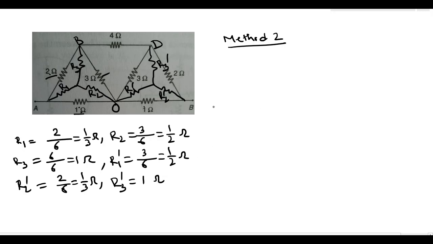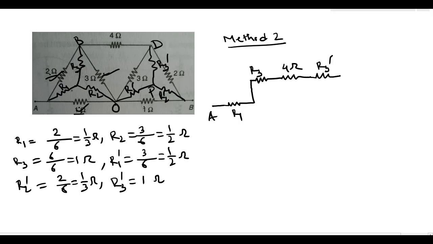Now we redraw this. So this is point A. Then we have replaced these 3 resistances by R1, R2 and R3. So there is a resistance from A, R1. So this is R1. And then it is divided in two ways. One goes through R3, 4 ohm and R3 prime to this point. Say this is P. So one line goes through R3, 4 and R3 prime. So just draw this: R3 and then the 4 ohm resistance and then R3 prime.